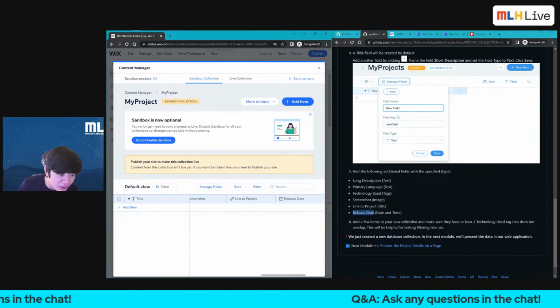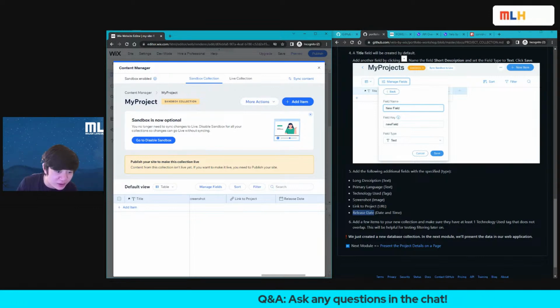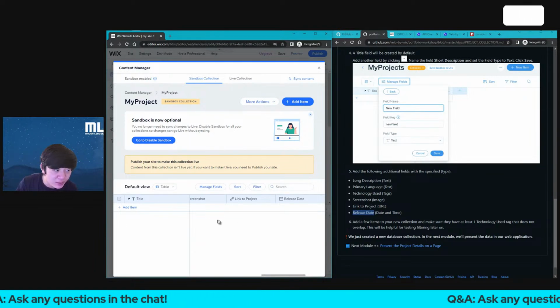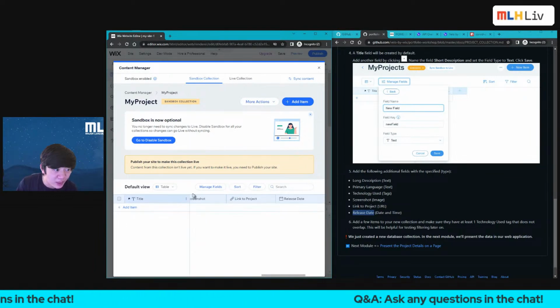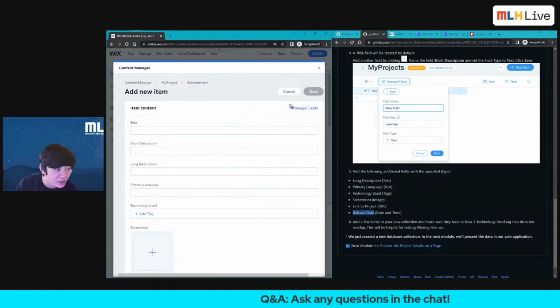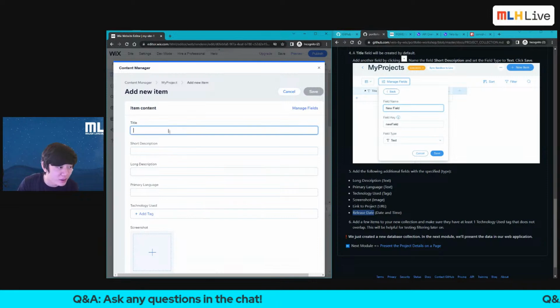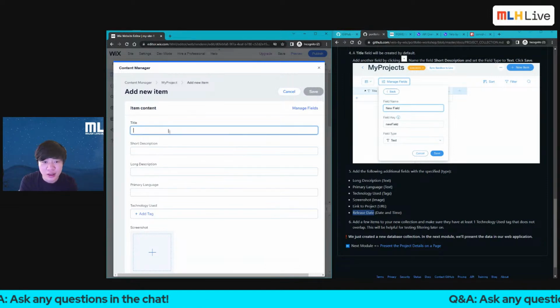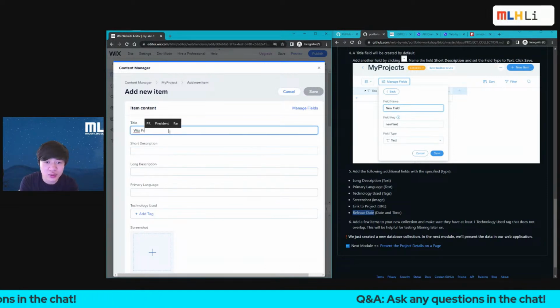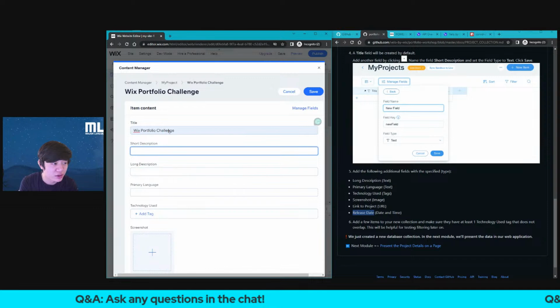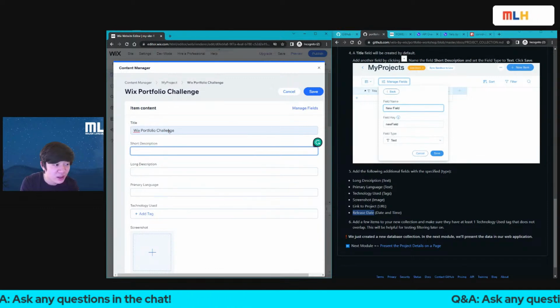Add a few items to your new collection. Make sure you have at least one technology used tag that does not overlap. This is helpful for testing filtering later on. I don't know what that means. Oh, okay. So you're at add items. So title is going to be Wix portfolio challenge. Your description is going to be Global Hack Week